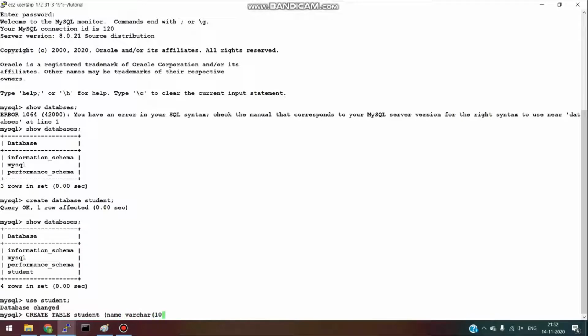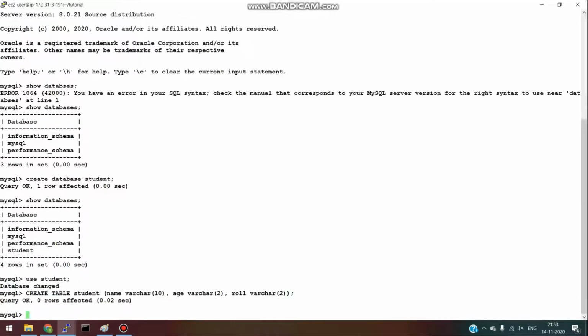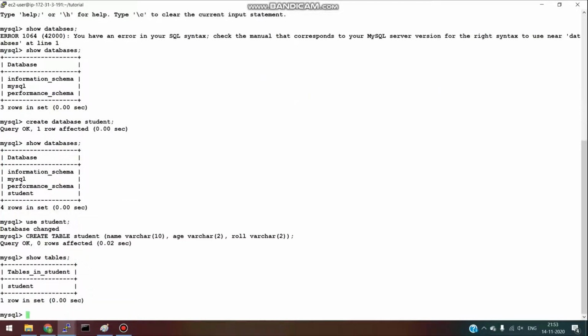For now, let's just stay with 10 characters. We will see that a new student table is created inside this student database.